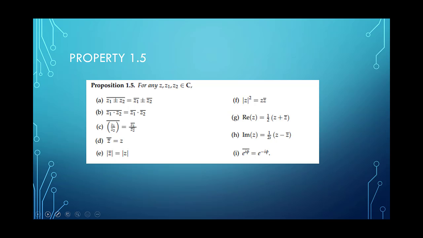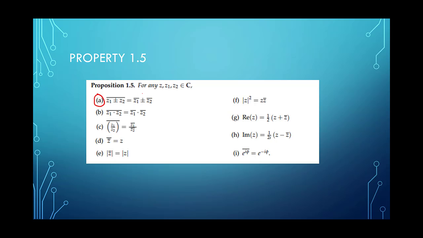And we have a lot of nice properties with conjugation, some of which will probably make sense. We're going to actually prove one of them today, and I recommend you prove or try to prove all the other ones as well. They're not too bad. They're pretty nice. So the first property says that if you're taking the conjugate of a sum or difference of two complex numbers, then the conjugate distributes over that sum.